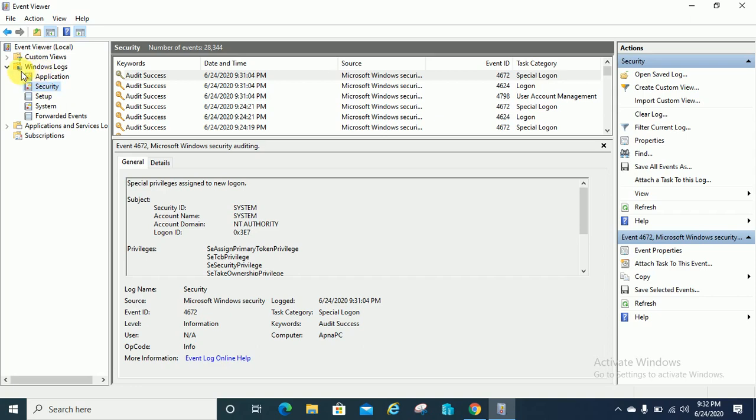You can see here there are a few options like Windows Logs and Applications and Services Logs.